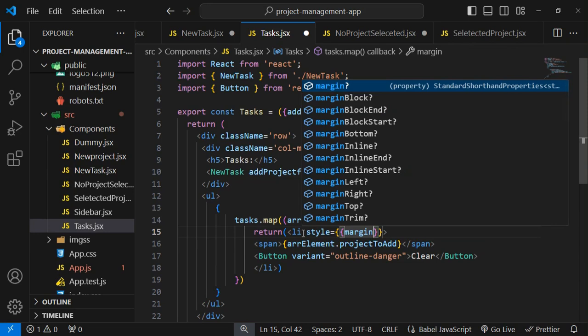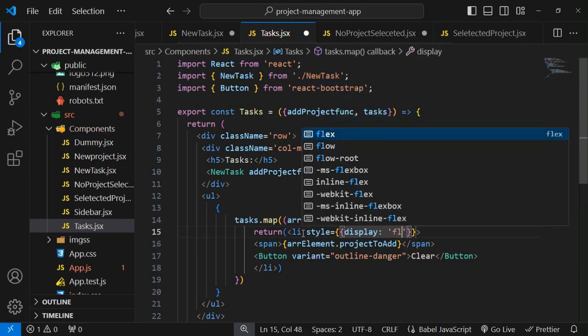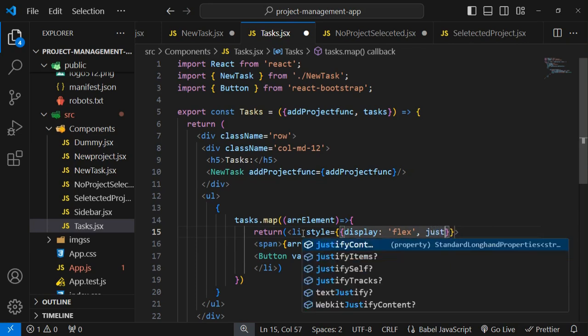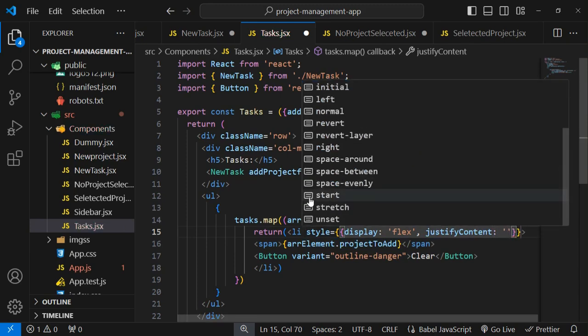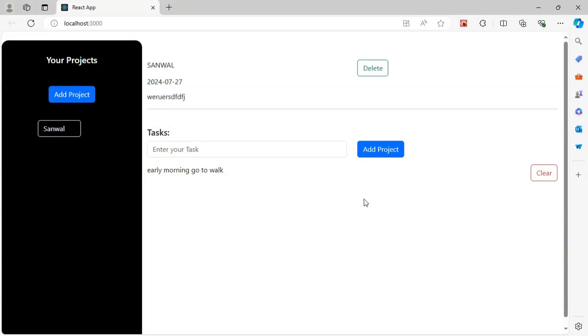I'm making margin top. I can take margin top from another list, which is at upper. So here I'm just typing display flex, so that both of them should be displayed in a single line. Justify content as space between. Now I just press Ctrl S and again move to our output, and here you can see that